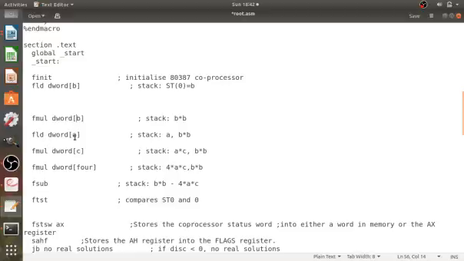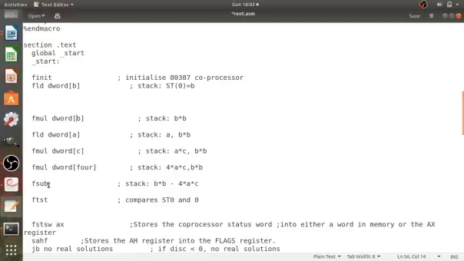Then FLD A: on the top it will be A, and next to the top it will be B square. Again load C and multiply by C, so AC will be on the top. Then FMUL DWORD 4 multiplies by the value 4, which should be in double word size. Again FMUL DWORD C, so the value from C in double word format is multiplied, giving AC. Then here it will be 4AC.